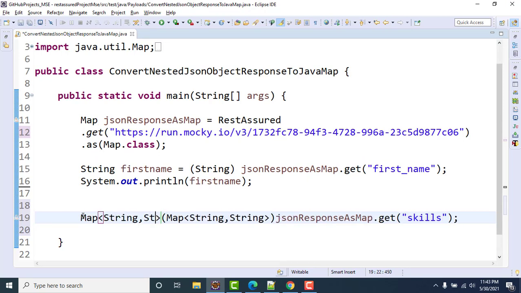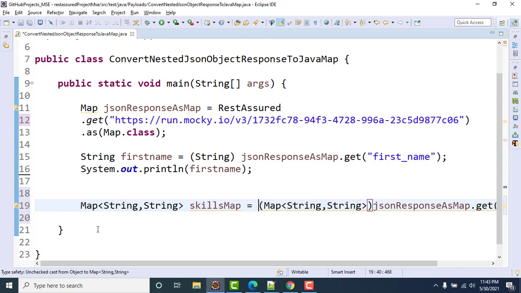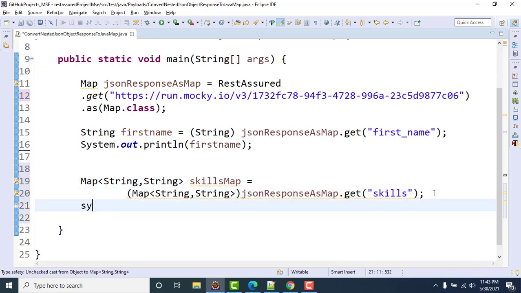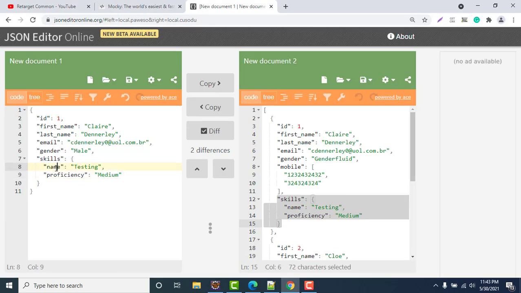String and object, skills map. Okay, now you are good to fetch the value from here. Like I want to fetch the value of skills map dot get name.